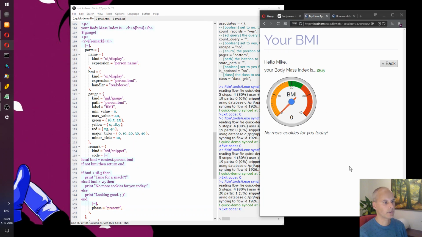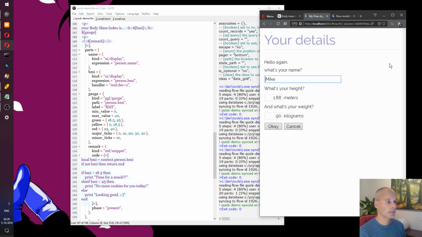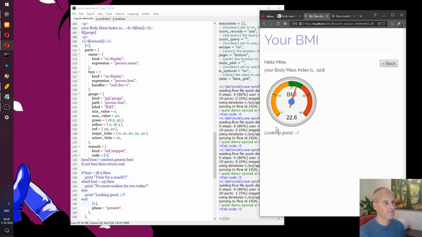So let's see what happens. Here's our little text. Let's see if we can get another result. There it is. So we've actually enhanced our codeless model with some code using a snippet part. And this can be very useful because it can fill in functional gaps, or if you're writing stuff and it's just a little something that you need to do, this is a good way to do it.